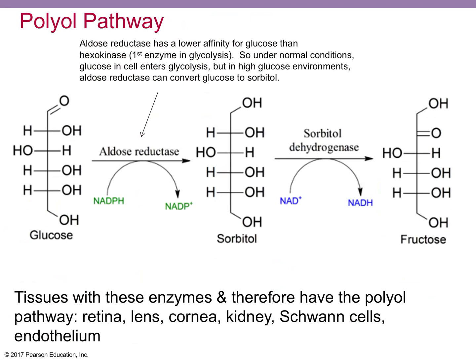It turns out that when you have really high levels of glucose in your body, it comes into your cells. And let's talk about the normal pathway first. Glucose comes in, it's going to undergo glycolysis. After glycolysis, it enters the Krebs cycle. After Krebs, it goes to the electron transport chain, and that makes ATP, right? And you get out of that CO2 plus H2O. Those are waste products. So this is our cellular respiration pathway. The enzyme that's responsible for initiating that first step in glycolysis is called hexokinase.